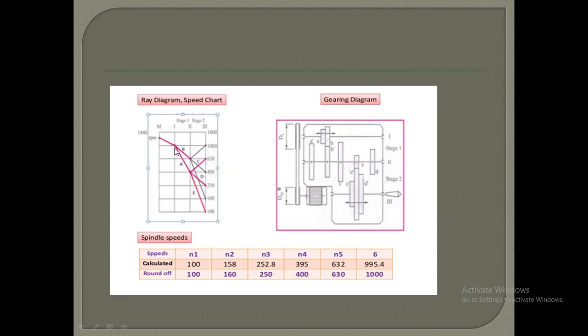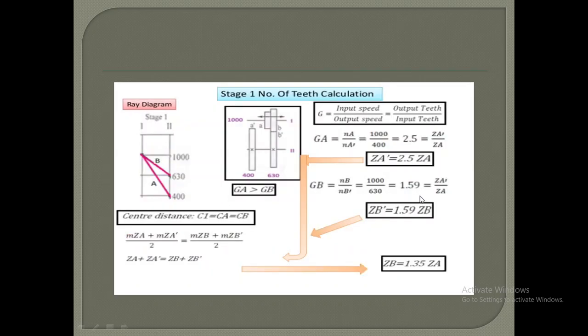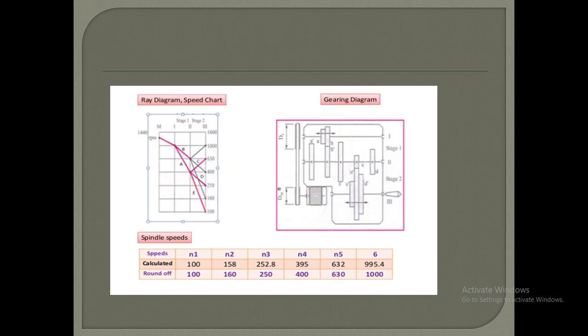See guys, I will start from this point. Then you will get this structure diagram. Before going on, you have to calculate the structural formula. You know the structural formula; I have assumed here that you know the structural formula and gearing diagram up to that. I will skip these steps. You will get the structural diagram, ray diagram, and speed chart in this way, and the gearing diagram in this way, because we have already seen 2 to 3 examples on that.